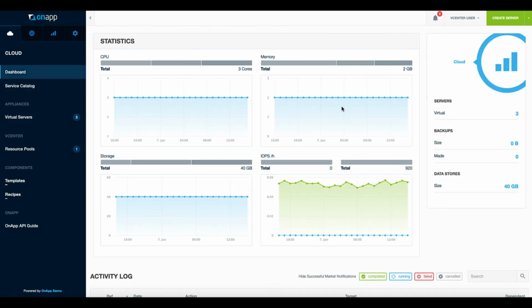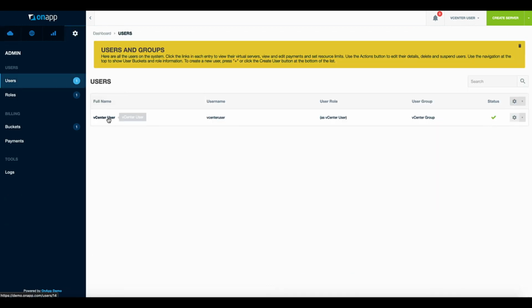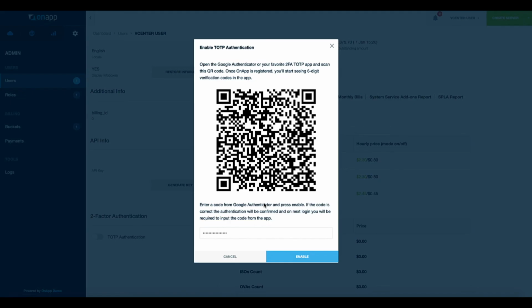So finally, I'd like to demonstrate the new TOTP authentication feature. So this is great for your customers to be able to secure their accounts into your platform. It's also, of course, great for your admin accounts to be able to secure those as well. So a customer can go to their user account, and under the user properties, they can enable TOTP authentication. And with a supported app, they can scan the QR code and then enter the code in here in the settings,